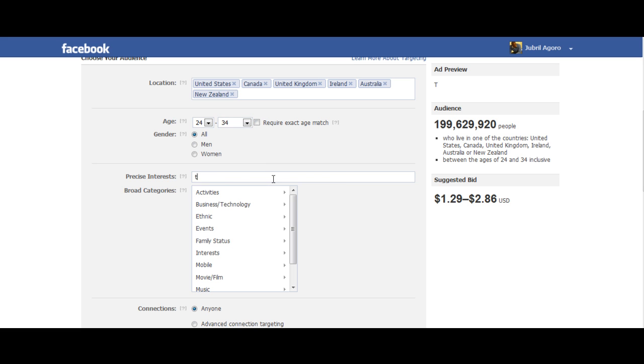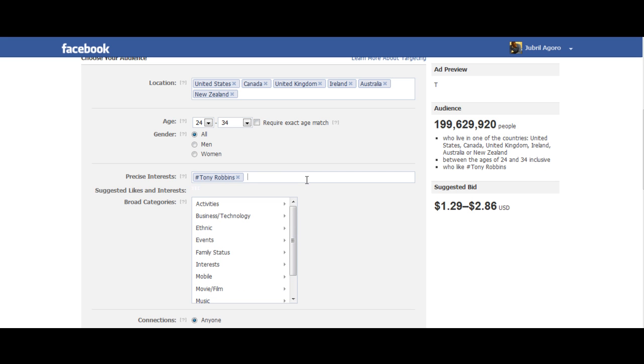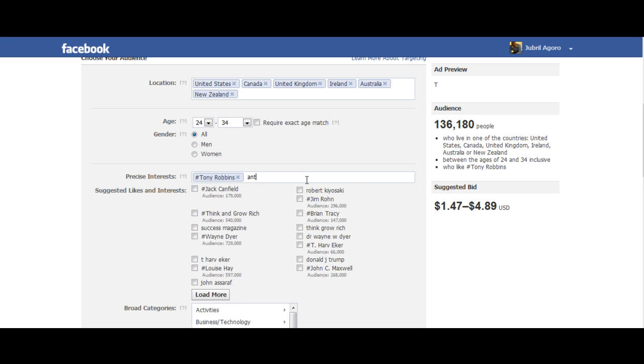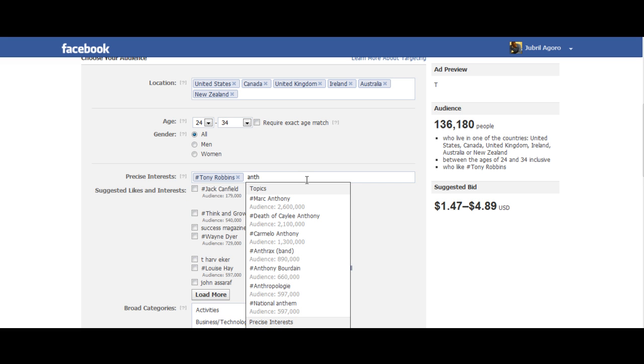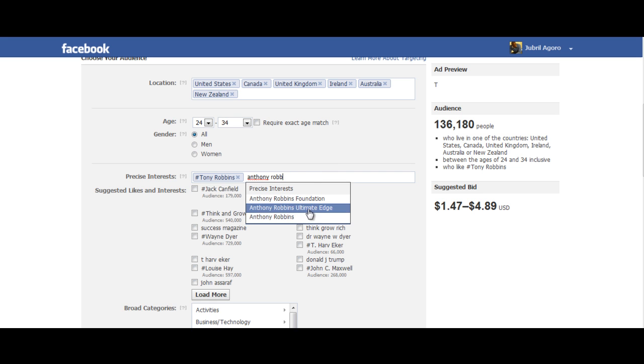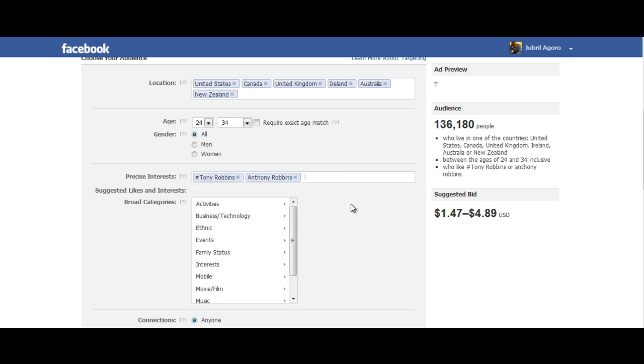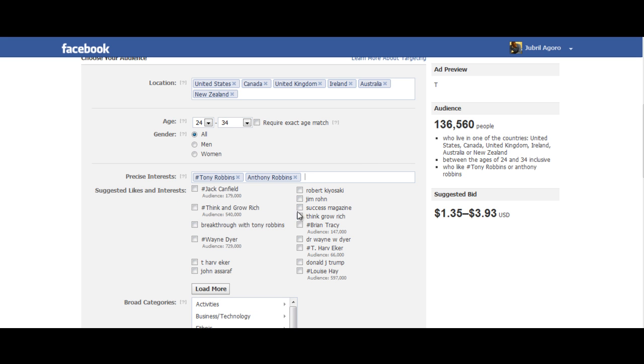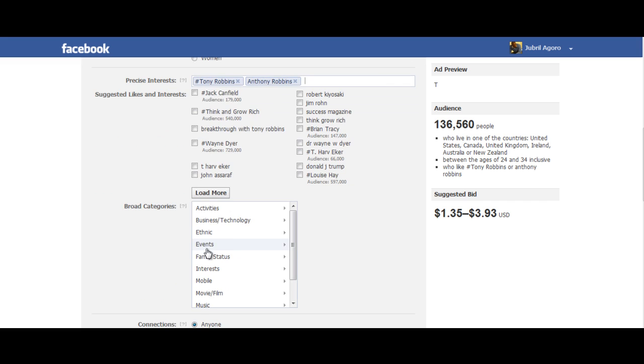But here we're going to put Tony Robbins and the exact same keywords I had in the other group, and Anthony Robbins. And so we're not going to make it too broad, just focusing on his actual name. They give you a bunch of related things, but I would make separate groups for all these different people.